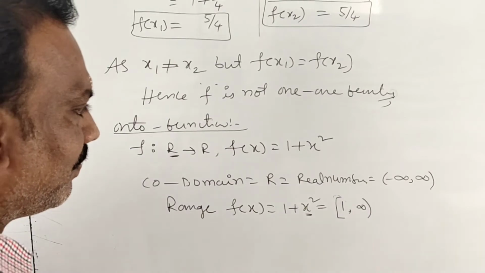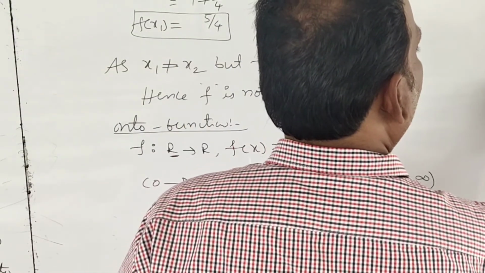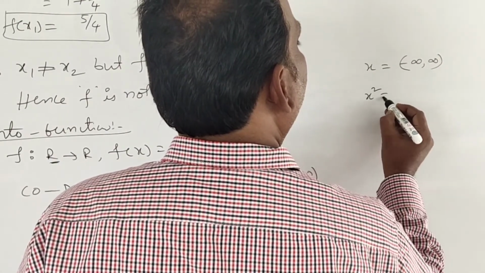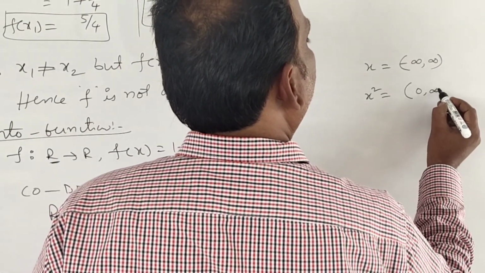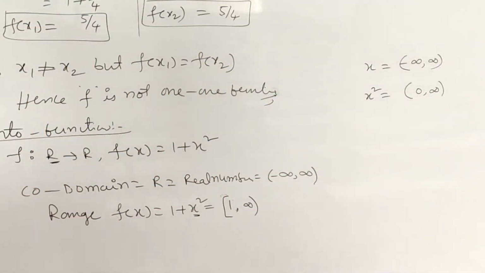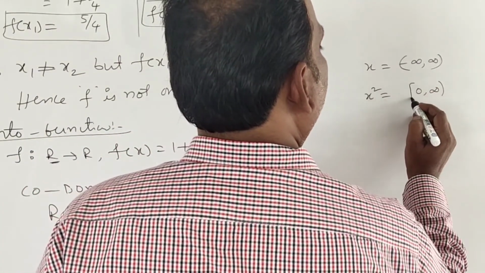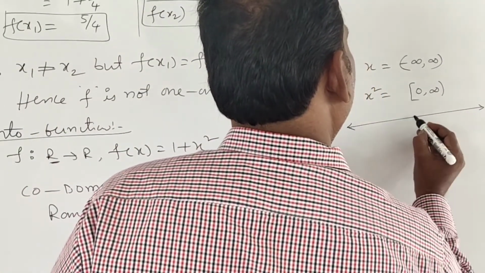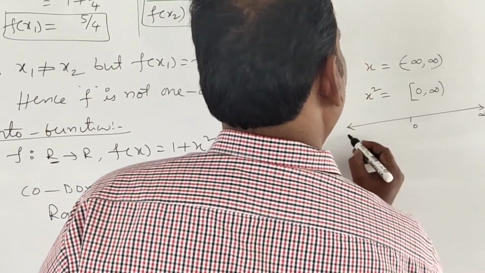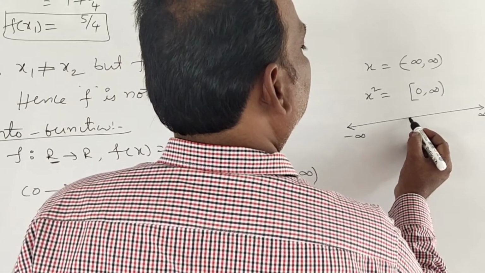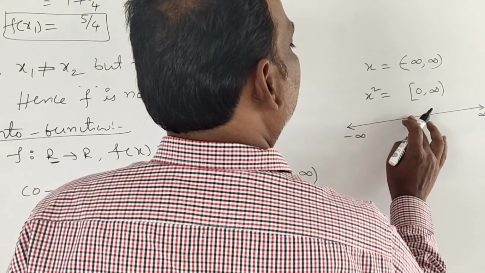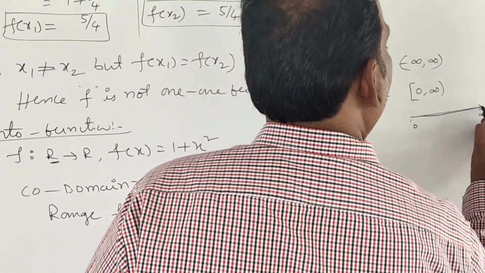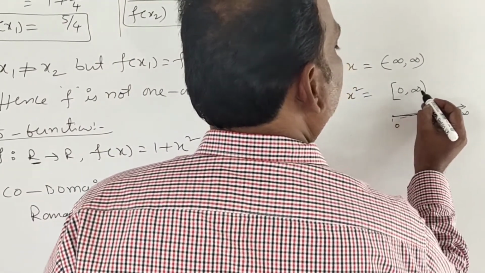Why? Because very simple, x is equal to -infinity to +infinity, you have to substitute. What should x square be? It should come 0 to infinity, right? Including 0, 0 to infinity should come. Because this is a real number line. This is 0, this is +infinity, this is -infinity. If you put these all as inputs, the negative values vanish and merge here. Correct or not? So your answer will be 0 to infinity only.